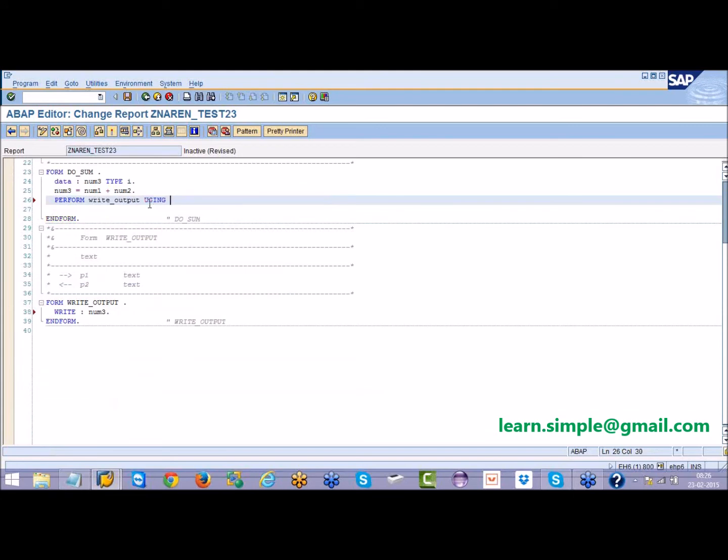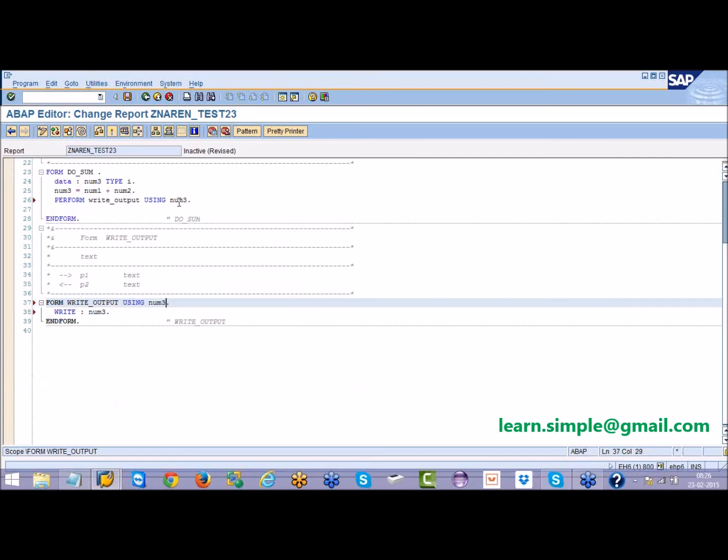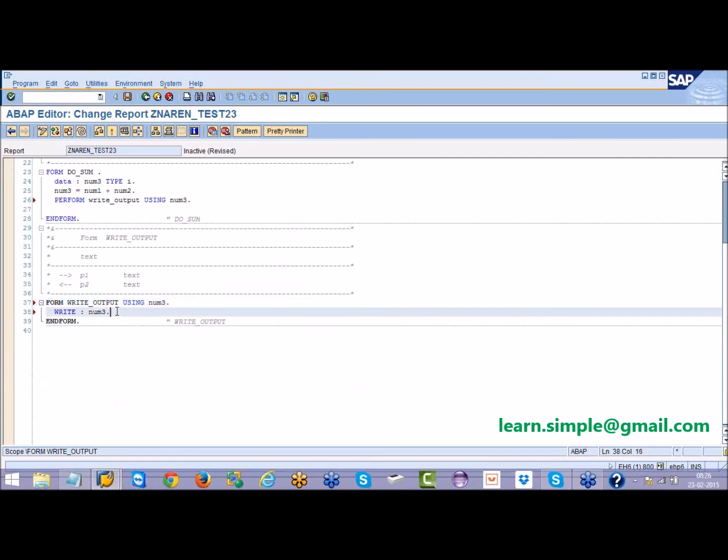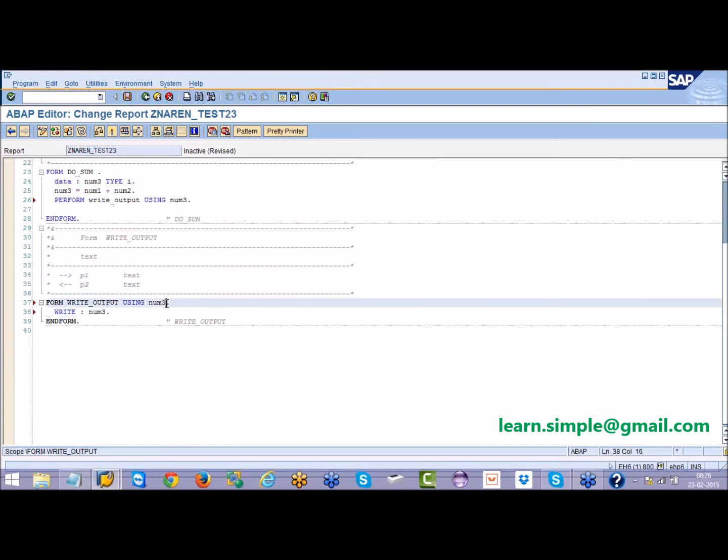By using the using keyword, using num3 here. So I am passing this num3 from this subroutine to this subroutine, and I am printing it. Until this everything works fine. I can give a different name also. Here if I give num3, here I can give another name, sum, for example. Here I will write the sum.